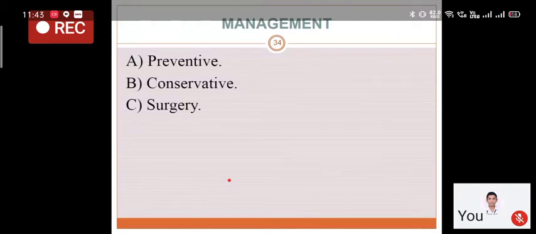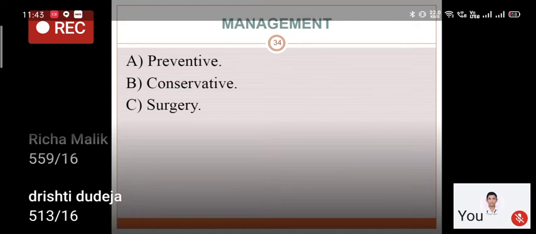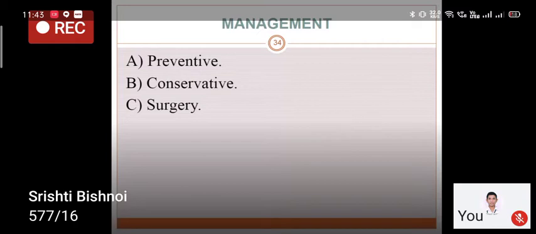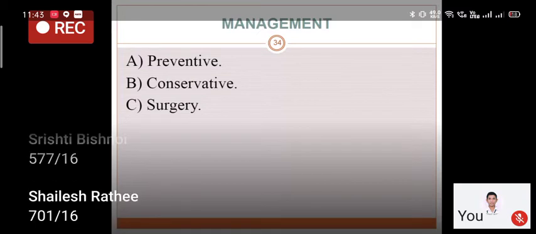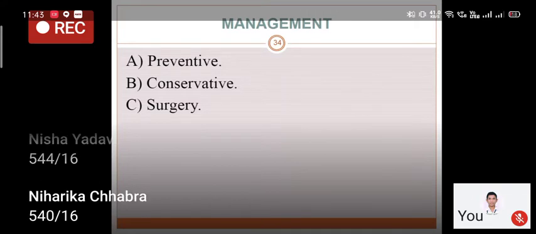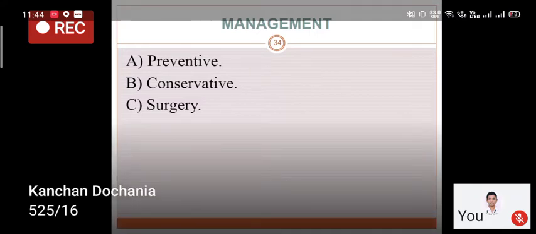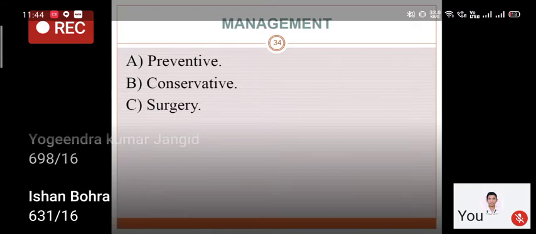Now, what about the management? How will you manage if the patient comes with prolapse? It can be preventive management. We will discuss definitive management in the next class. Today I will discuss how we can prevent the occurrence of prolapse. The management will depend upon the age at which the patient is presenting, whether she has completed her family or not, and whether she wants to retain her uterus or not. Okay, so today we will discuss only preventive measures.